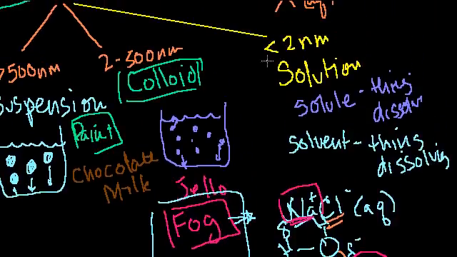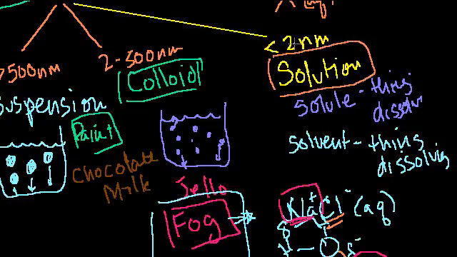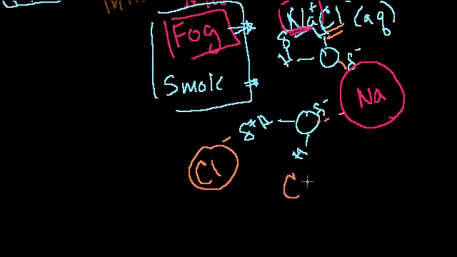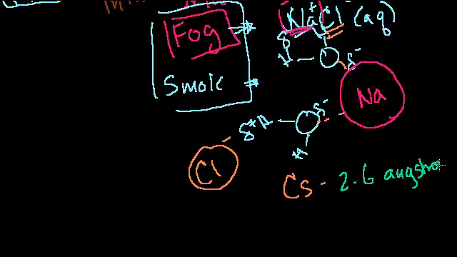So this is probably the single most important thing to realize. And just so you get a sense of what 2 nanometers is, this is still pretty big. It allows for molecules that have a good number of atoms. If you think of even a fairly large atom, cesium, which is one of the largest you might encounter, there are larger, it is on the order of 2.6 angstroms. An angstrom is 1/10 of a nanometer, so that's 0.026